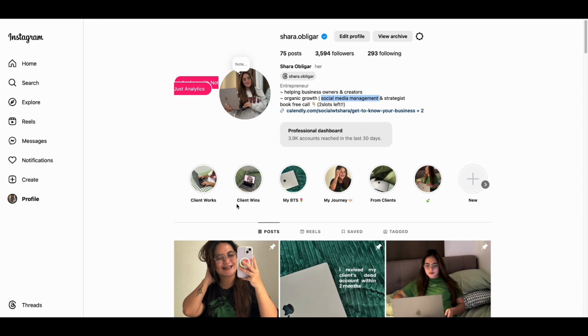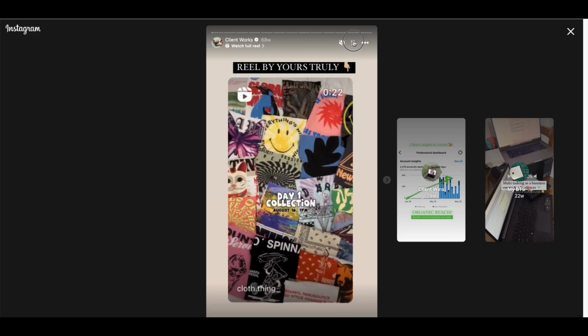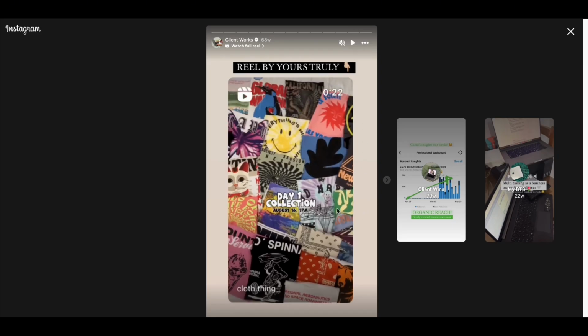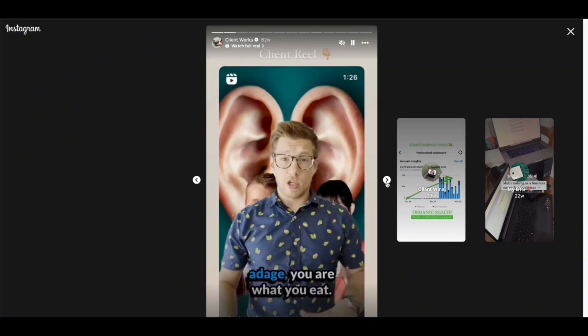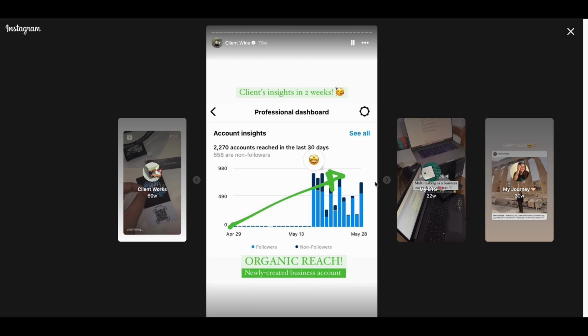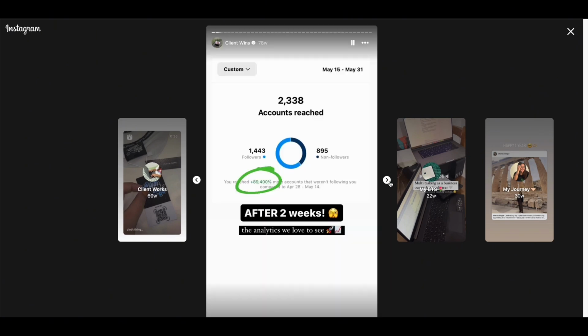That's why, in optimizing the profile, nakuha mo yung tiwala nila by just checking your profile, which is sa story highlights. Dito makikita yung mga client works, which is the sample content edited mo sa mga previous clients mo or sa current clients mo right now. Dito nila malalaman how well you are in editing content. And the next story highlights is showing the client wins, kung saan makikita nila na how effective you are as a social media manager, and other wins ng kliyente mo or ng previous client mo.